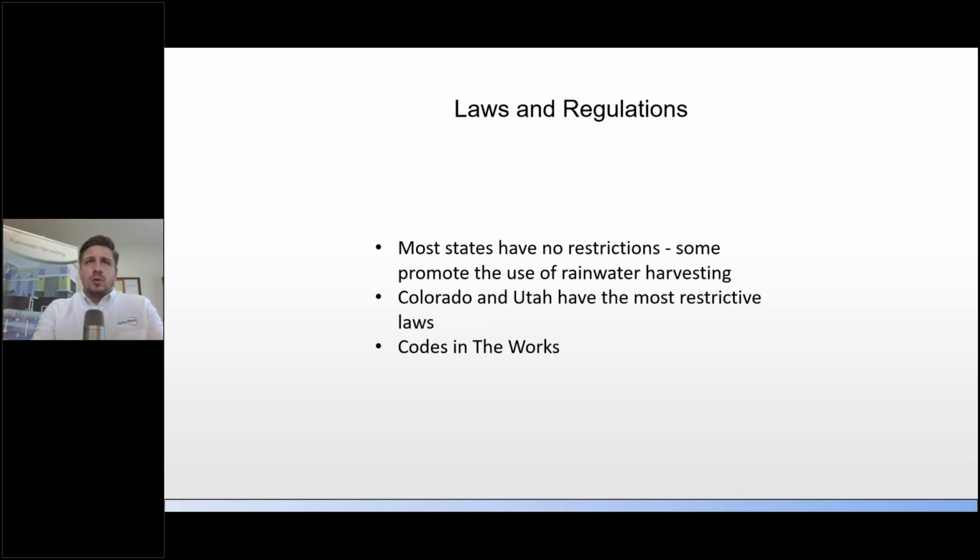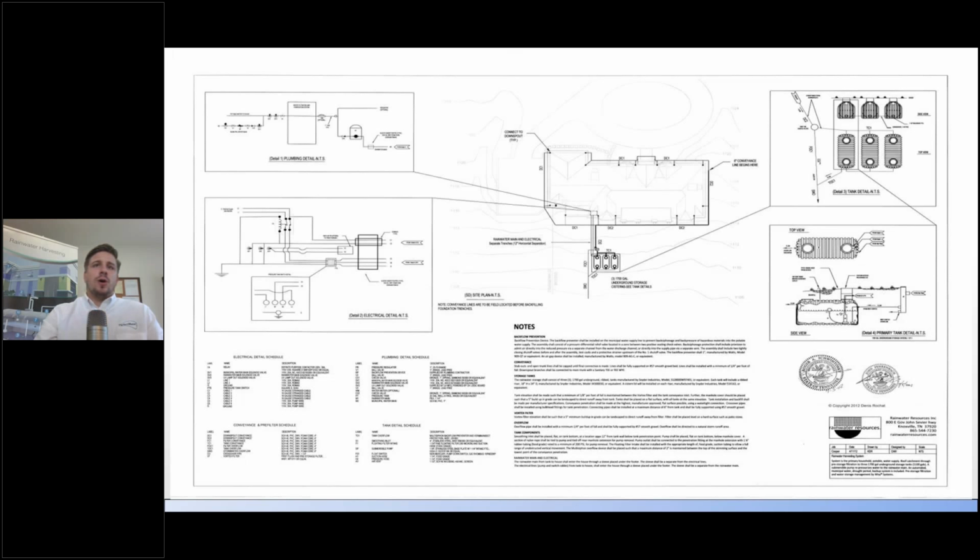And building codes for rainwater harvesting are in the works. At the last industry trade show, there was a big presentation on codes from ICC and IAPMO coming out for rainwater harvesting systems. And so it is becoming more mainstream, I guess, in the building world, and there's going to be codes for it. If there are specific local codes offices or inspectors that want to look into it a little bit more if a rainwater harvesting system is integrated at a home build,